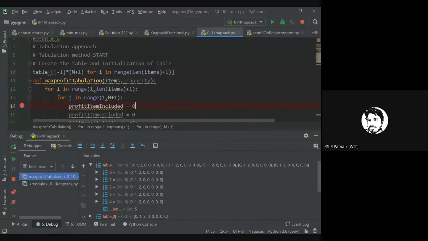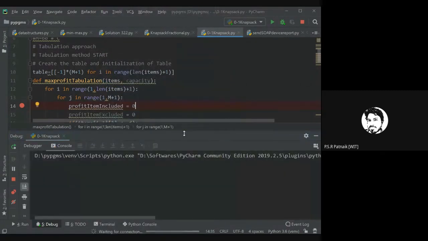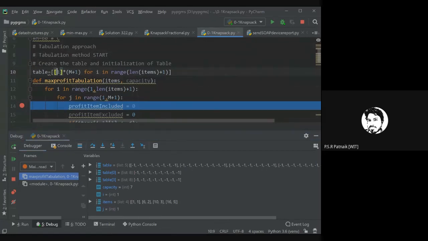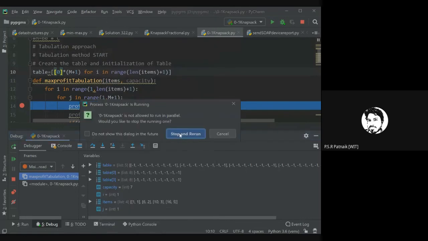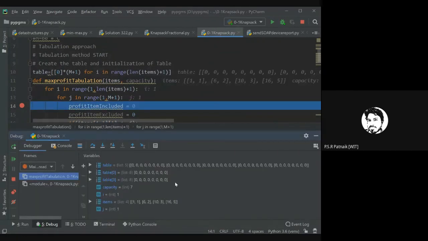If this is the case, I just want to be sure you are doing this for each i. Okay, this will make sure that I'm creating a new copy of the array. It's been initialized to all -1. Let me make it 0 here directly. So now if I run this,